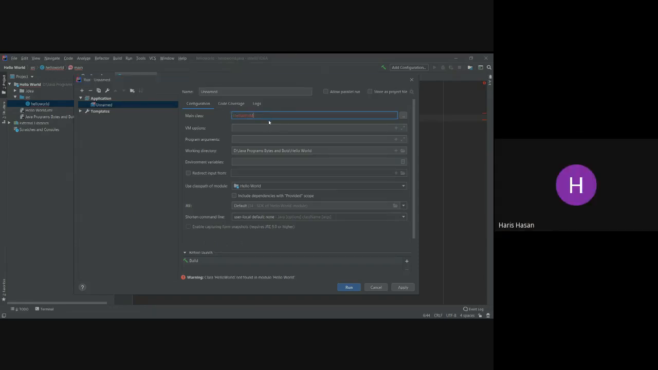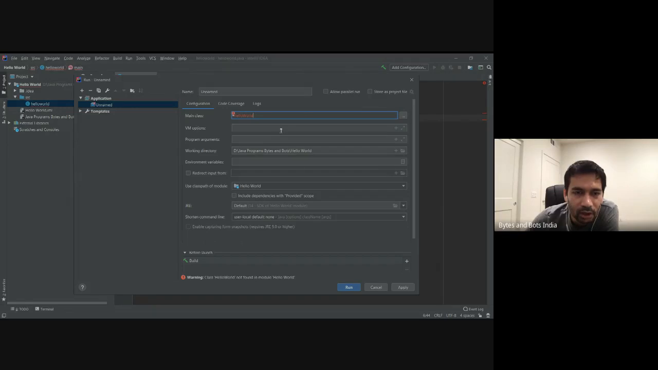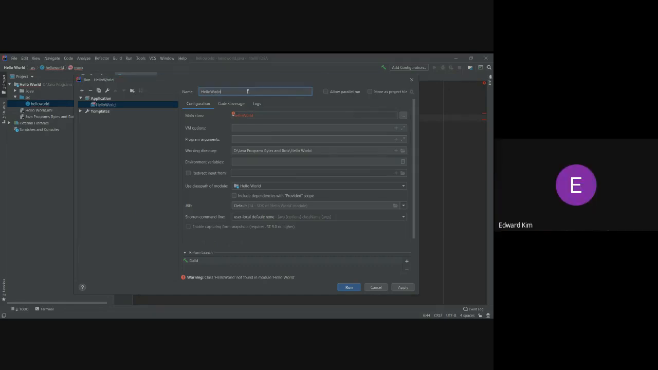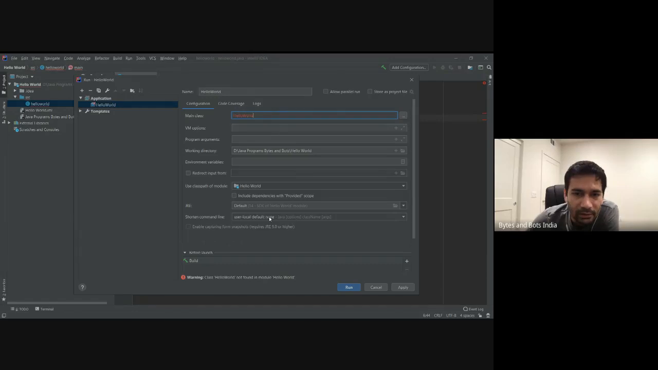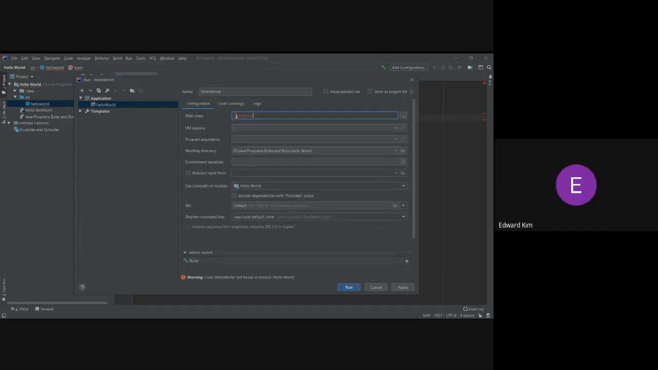Why is it red? Yeah, because on the top there's a name option, name that to hello world. And so in main class, I just put hello world, right? Correct. Yeah. It just says hello world. Default package and sun.jvm.hotspot. Which one? And then just